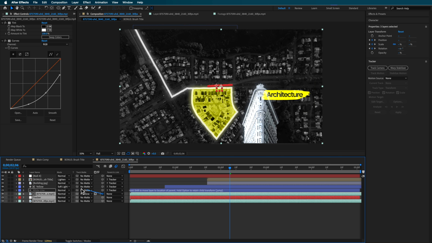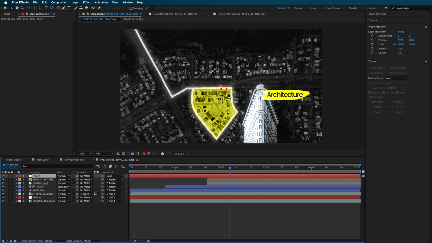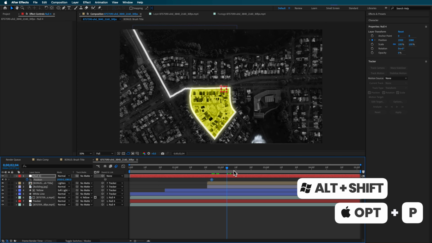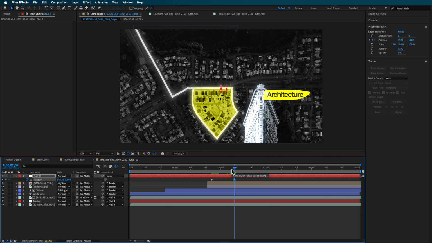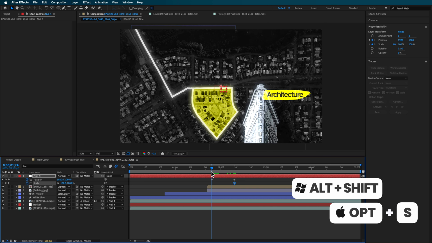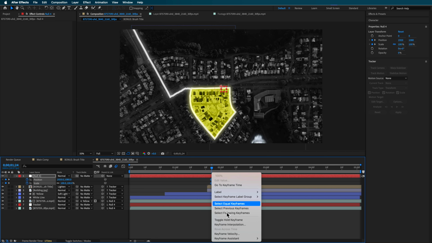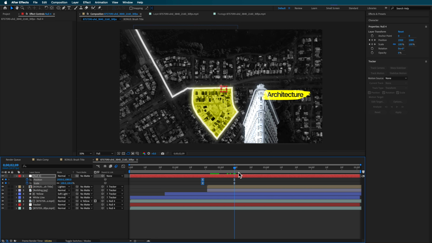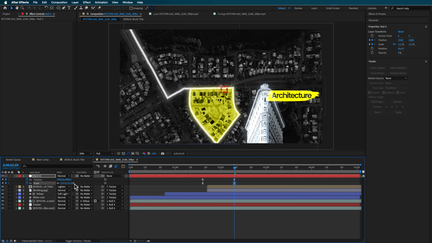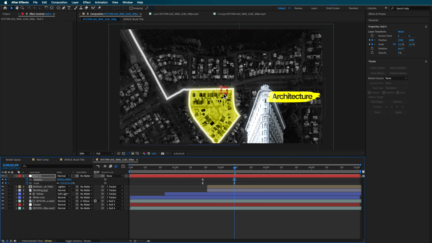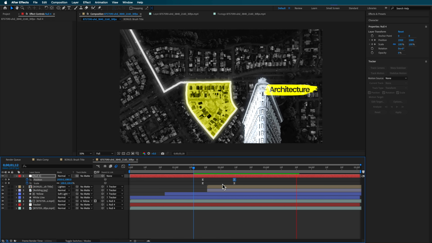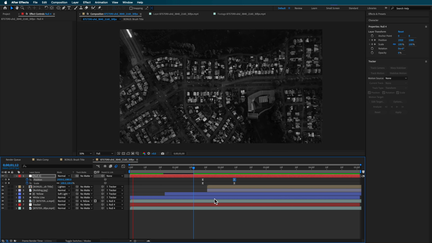So make sure that's selected and parent it to that null. Now when I get to here, what I can do is create a position keyframe and a scale keyframe, one back here, and make all these easy ease, maybe bring these ones back. For these end ones, I'm just going to scale in slightly here and then bring the camera down and across. It'll add a little bit of camera movement into that shot, which makes it look a lot more